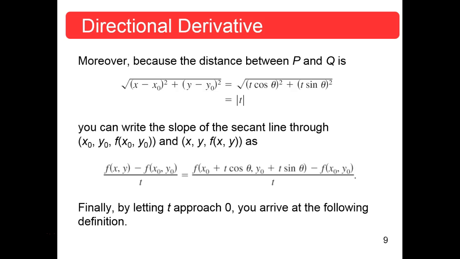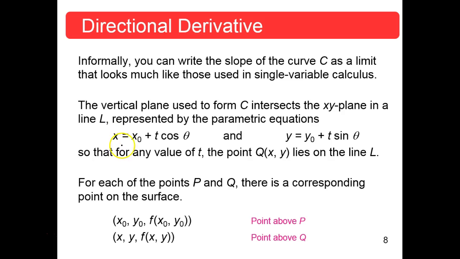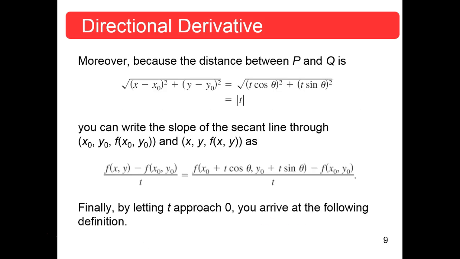The slope is the change of your z value, which is f(x, y) minus f(x0, y0), the change of z, over your change of x, y in the domain. Well, that change of x, y in the domain is that value t that we defined before, the parameter that does that. So, expanding that a little bit, let's go back here. Here's your x, there's your y, okay? So your change